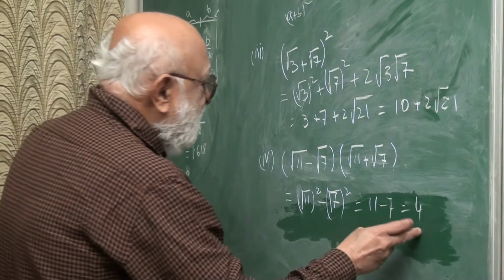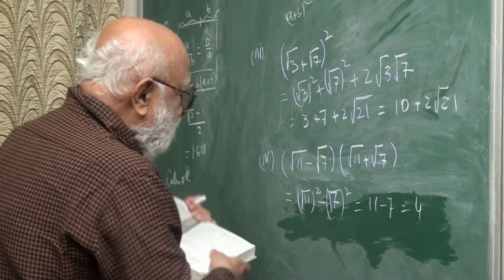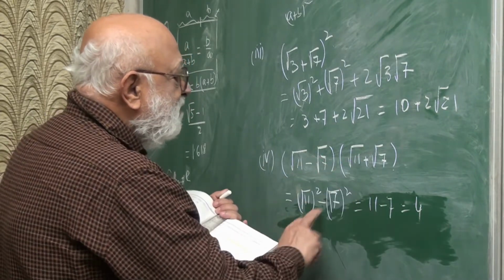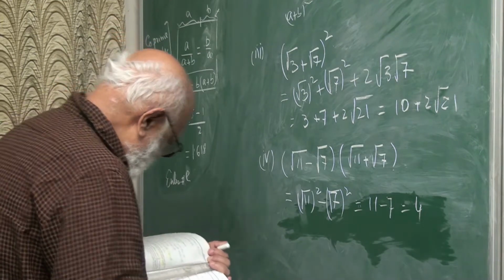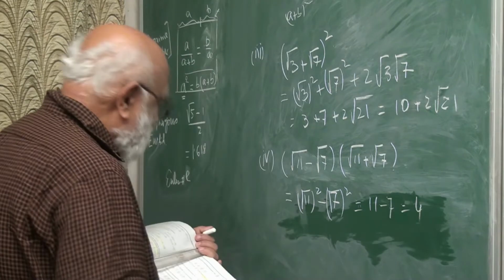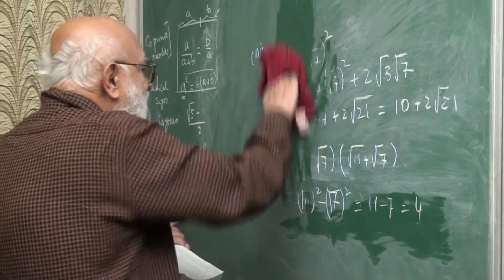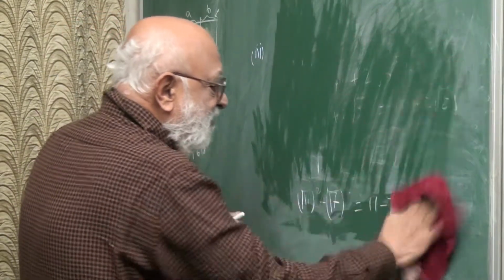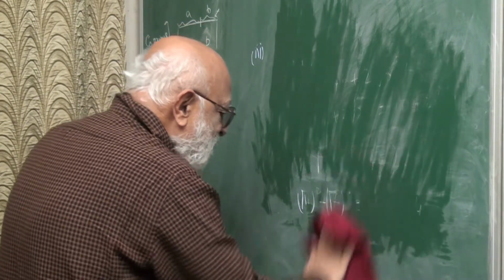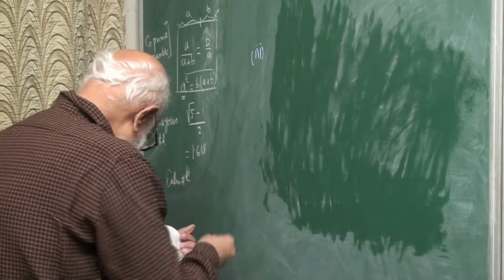So this all came out as a rational number. Even though we started with irrational numbers, it turned into a rational number. Okay, now there is a very interesting point, and instead of representing it the way it has been represented in the book, I will represent it in a different way. I will now use this example to explain to you